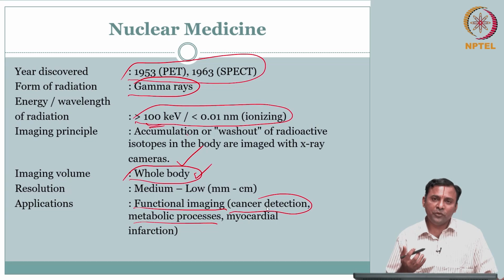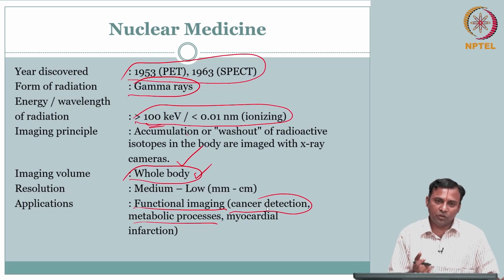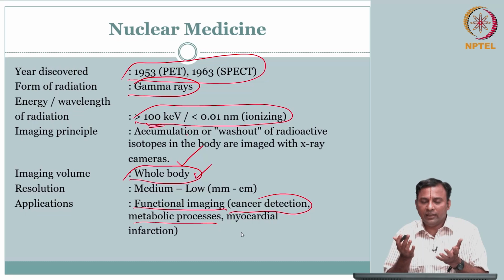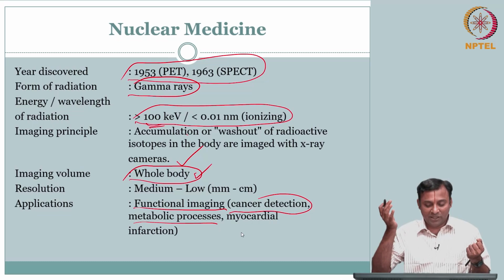From whatever we have seen so far, you get a sense that there is some risk. We talked about ionizing radiation, and we did not go into the details, but look at how complementary the information is, and that is the reason each one has its new information that it is contributing. So it is always a case of risk versus benefit evaluation, and ideally you want zero risk and maximum benefit.